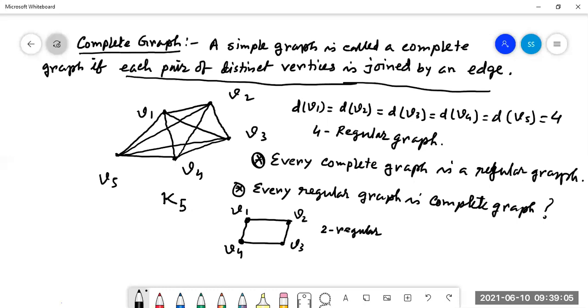Sir, on the LMS, you have uploaded the scanned copy of the book. Please, can you upload these handwritten notes too? Actually, it is too much time taking. At first, I have to take the snapshot, then change it into a PDF, then upload it. It is too heavy, but still I'll try. Yes, sir, it will be easy for us. Okay, I'll try it for Sunday. Okay, I'll try it.